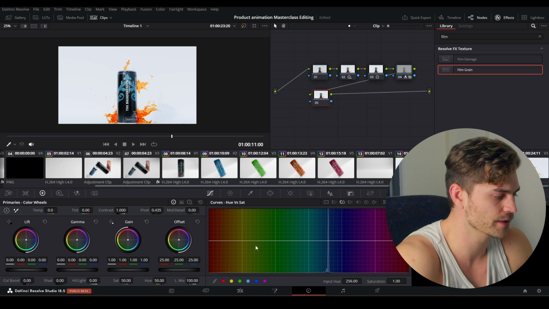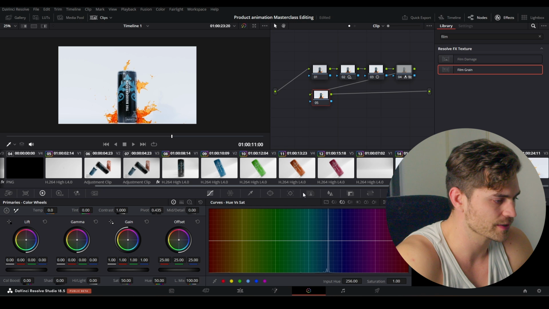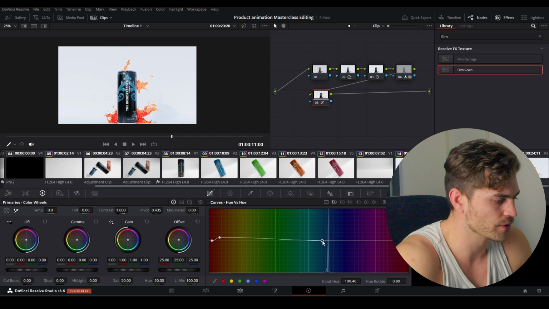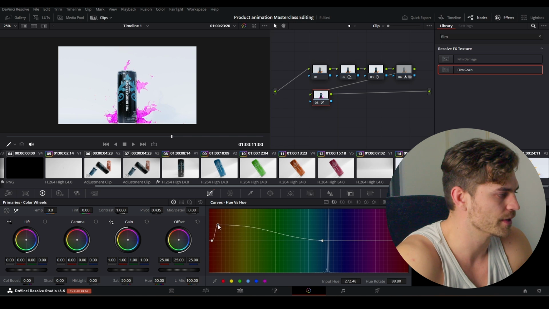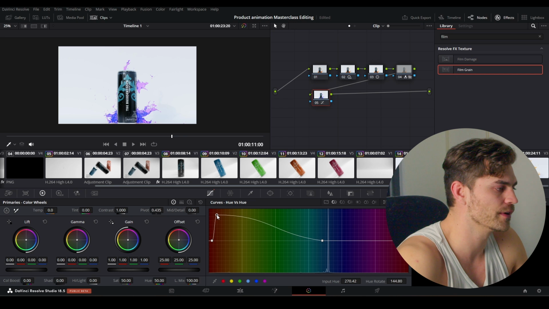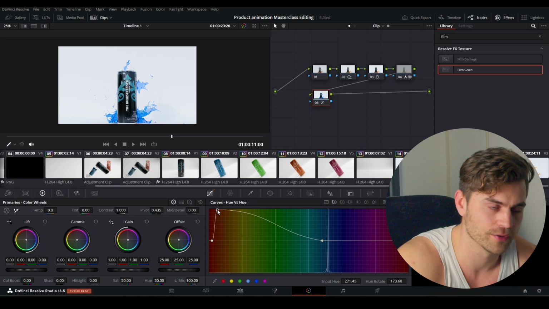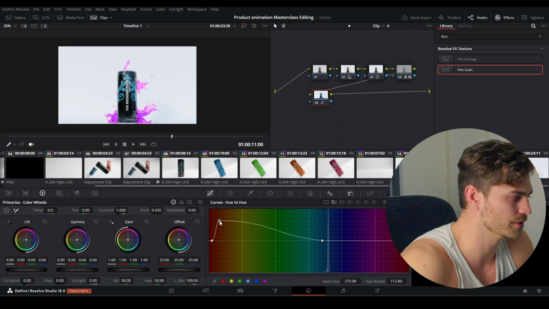So if you want to change the color of the fluid, you can do that. You can go over here, and right now we can see the Hue versus Hue, and we want to change the orange. I'm going to select that, and it should be a broader range, a whole lot broader. And you can change the color of your liquid simulation. So if you rendered it out in orange, no problem, you can make it blue. It's not really an issue.